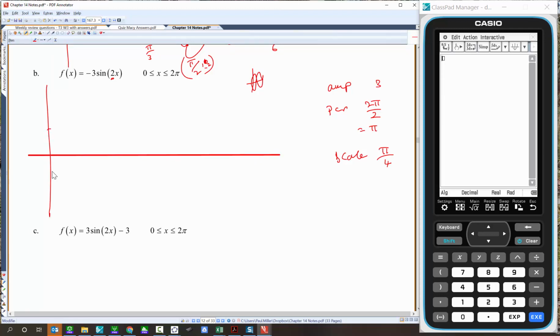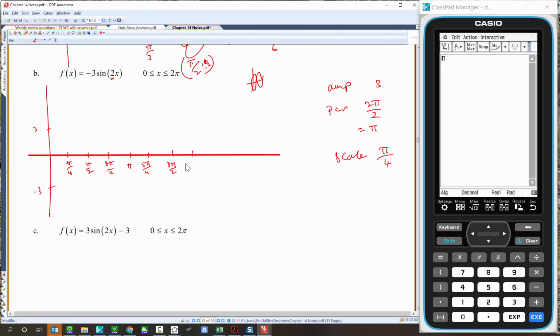Okay, so I'm going to go -3 and 3 there. Make sure that they're roughly the same distance. Don't measure it or anything, but we need to extend this out to 2 pi. So here is pi on 4, 2 pi on 4, which is pi on 2, 3 pi on 4, 4 pi on 4, which is pi, 5 pi on 4, 6 pi on 4, which is 3 pi on 2,